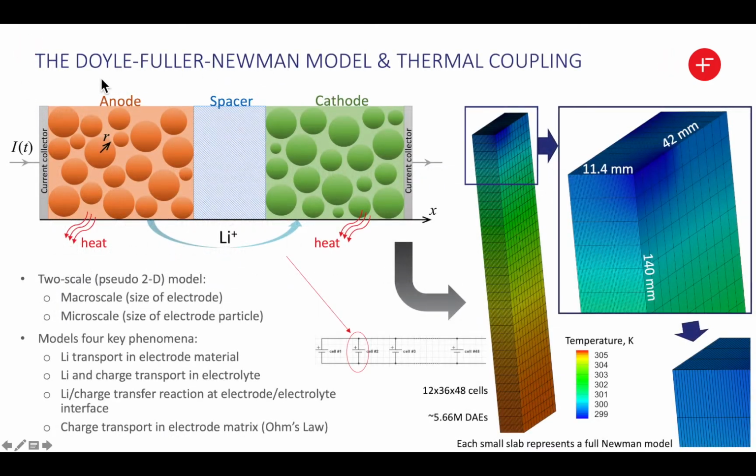So let's get started. The model we are using in Dandelion is called the Doyle-Fuller-Newman model, or pseudo 2D model. Here is a cartoon of a full single cell, which is made of anode, separator, cathode, and so we have one microscale dimension across this whole cell and one microscale dimension across the radius of the particle. When we discharge the battery, lithium ion moves from the anode and fills up the cathode particle and it heats up. So just solving one single DFN model is a difficult task because you end up solving thousands of differential